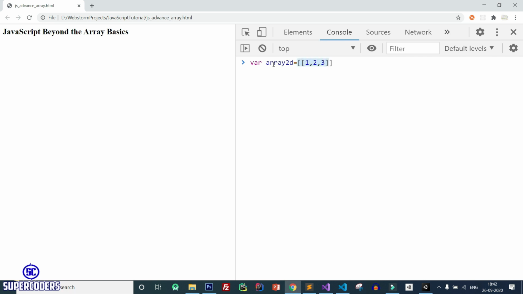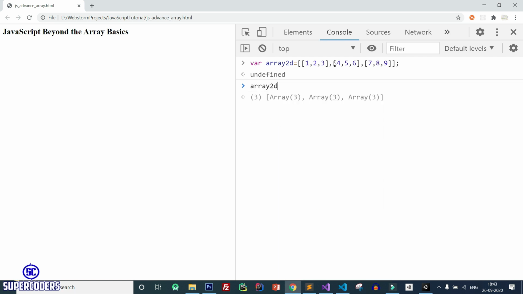This is the first array which exists inside our parent array, or call it the 1D array, and it contains our 2D array. Just copy this and let's create one more array. So 4 5 6 and also 7 8 9. Let's create it. After that access this array.